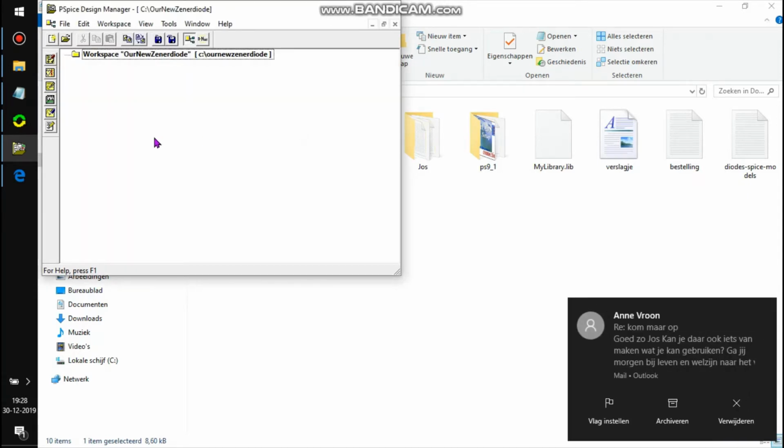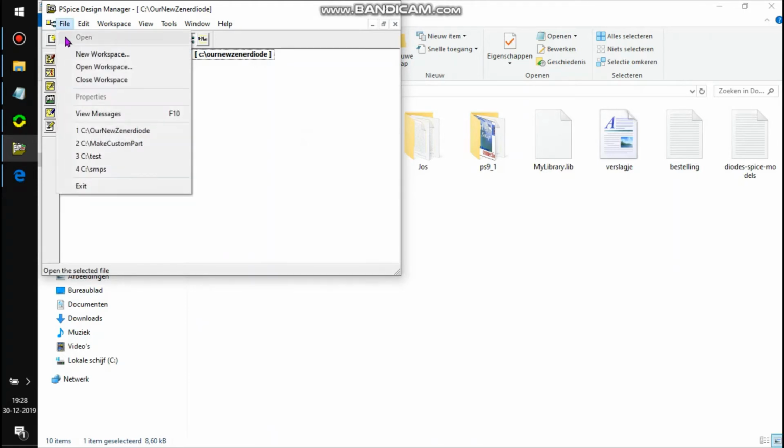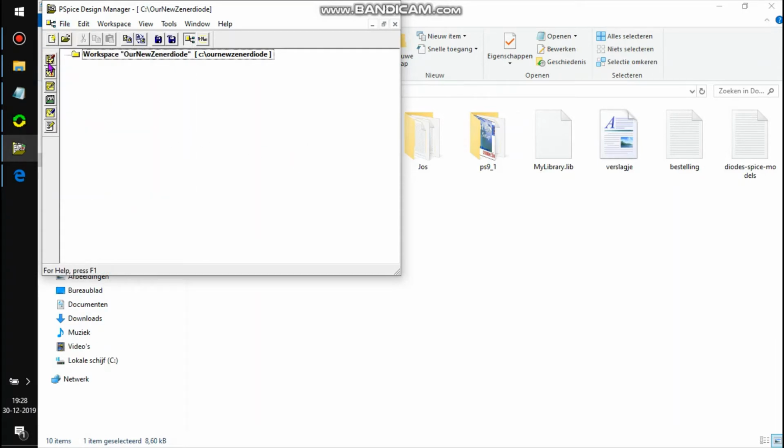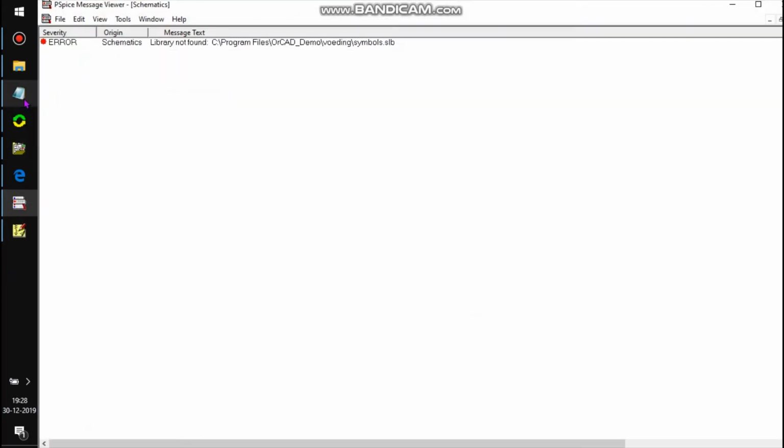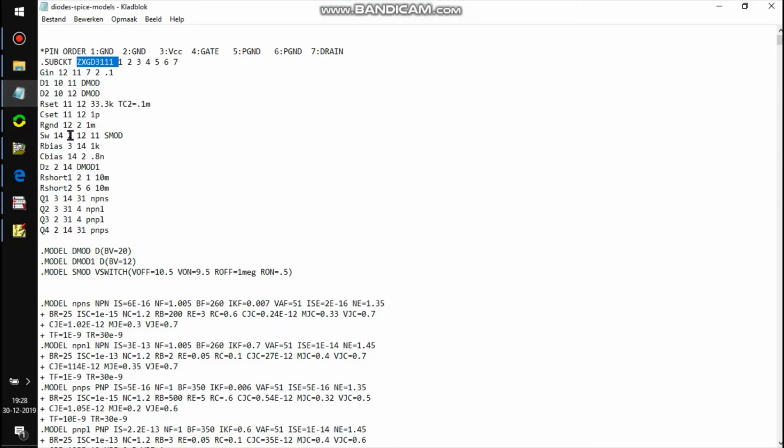And we need a schematic to put all those components, those parts in it.